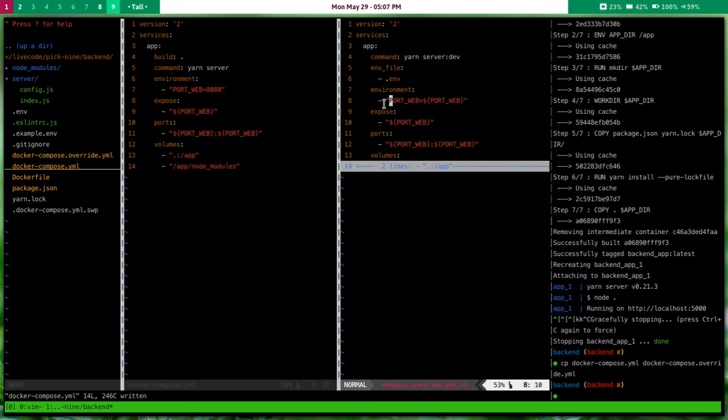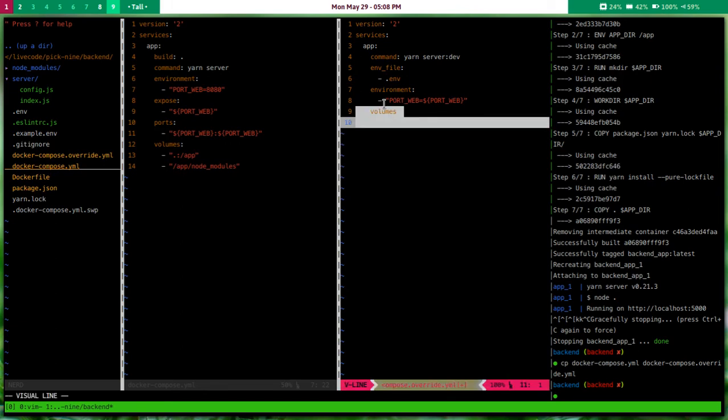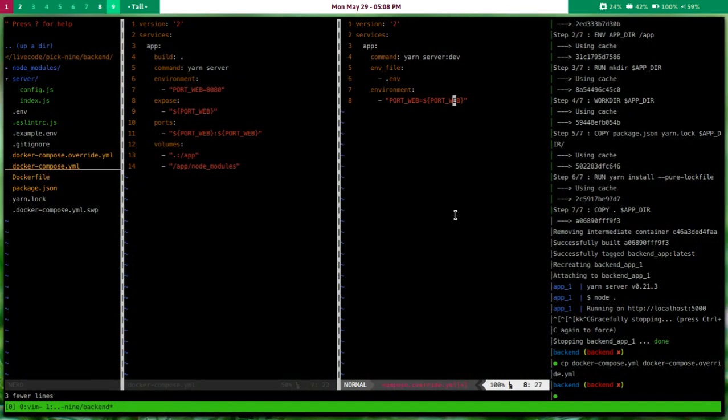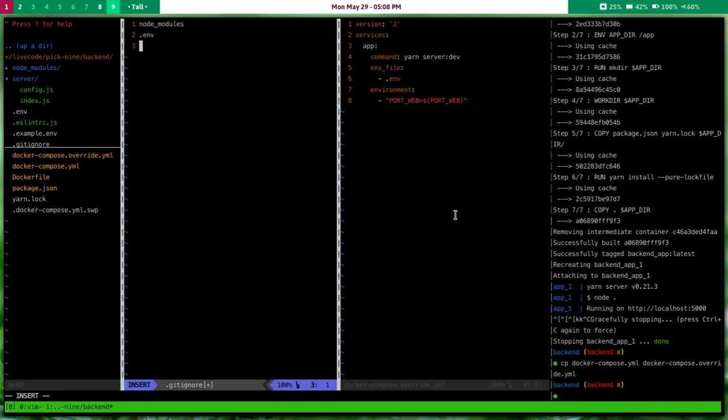So now that we have our env file, we got that working. We don't need to worry about expose because we're still going to use the same bits, and we're going to use the same ports, and we're going to use the same voluming, I guess. Actually, we might want to just do the volumes in here, but who knows? Who knows what we'll do? So now we have this override. We have that. We need to add this override file to our gitignore. So we will do docker compose